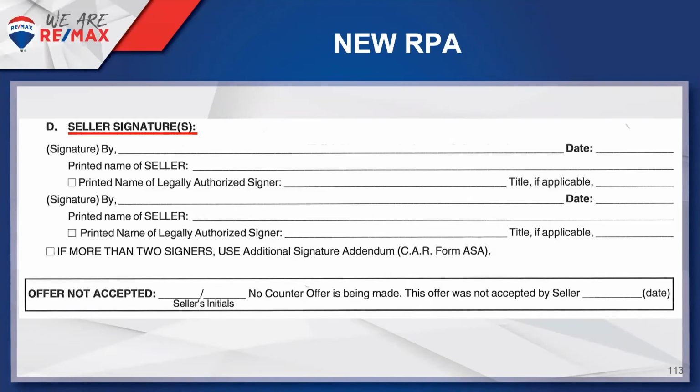They thought that was too harsh. Makes me smile, but they replaced it with "not accepted." Seller initials it. There's no counter offer and the date. And that's a nice friendly thing to do to your fellow agents. If your seller is not going to accept an offer, return this page to them so that they can go